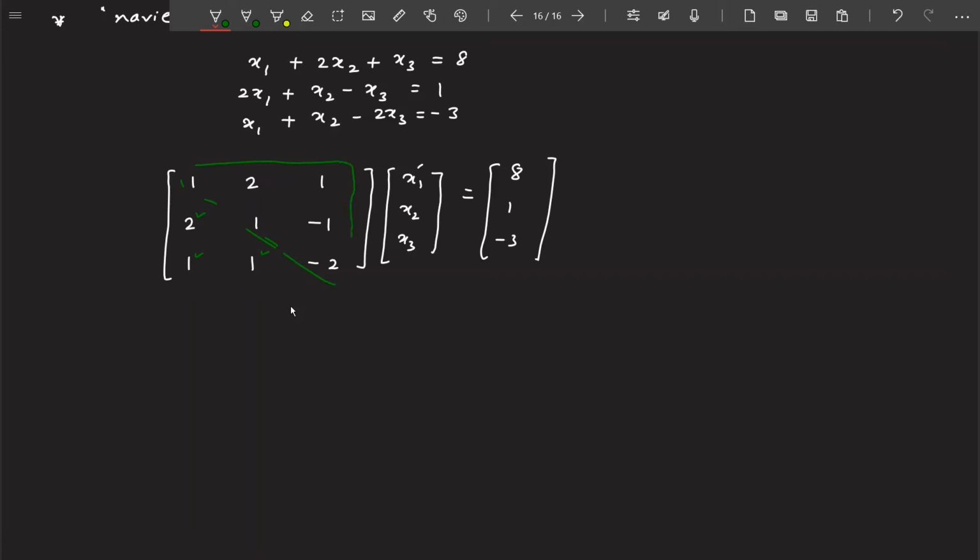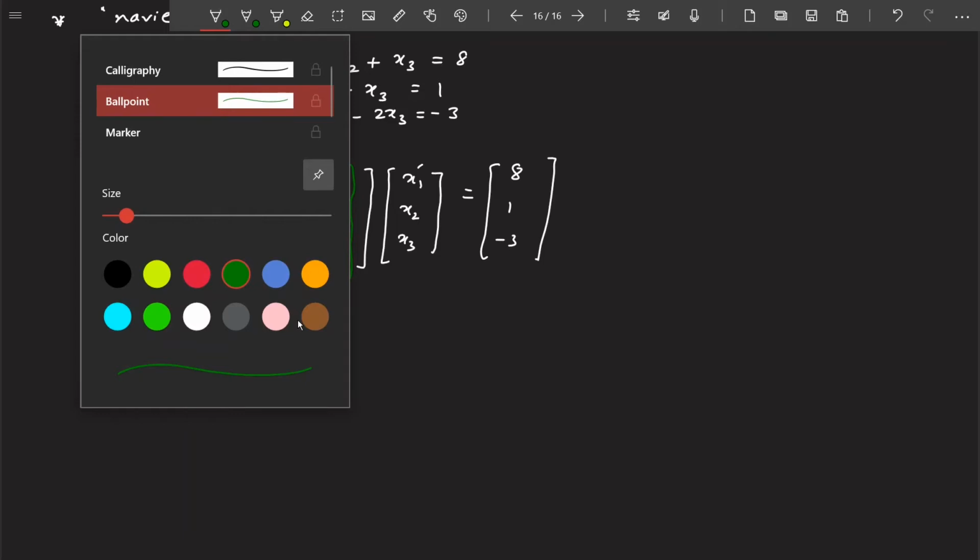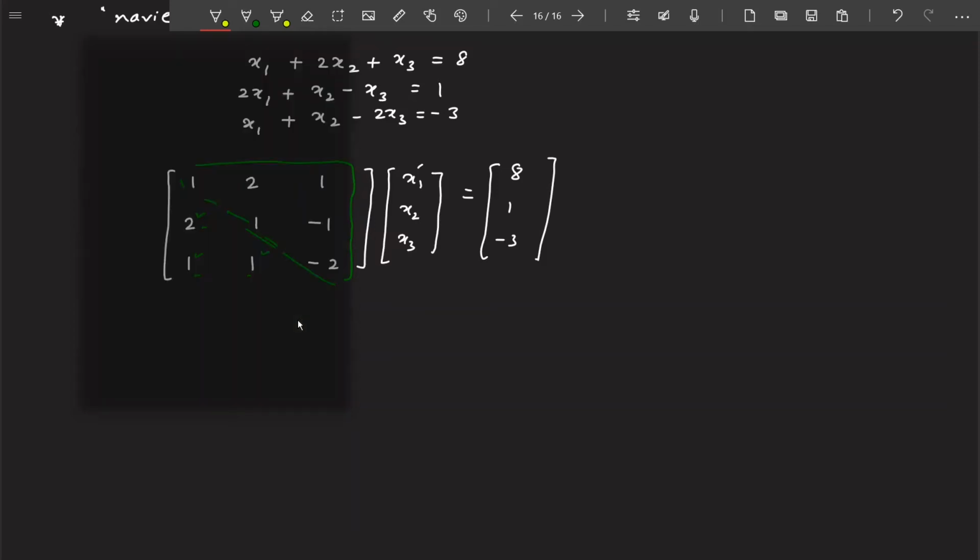That means these elements will have some value, and these will be 0, 0, and 0. So what I want is to make this element 0. To do that, you are going to perform elementary row transformation. You cannot do column transformation, you just have to do row transformation. So you have to make this element 0, this element 0, and this element 0